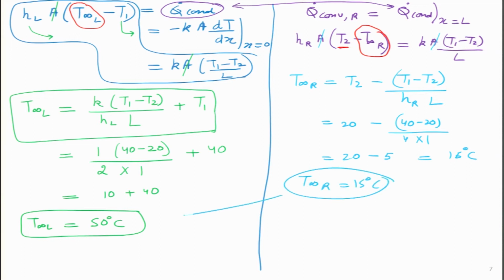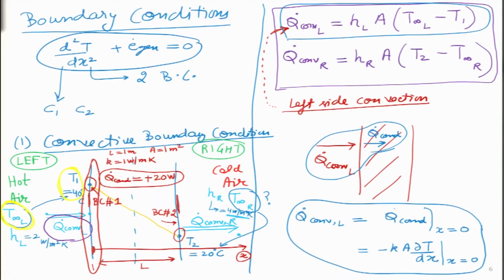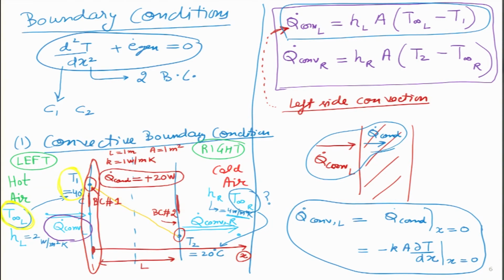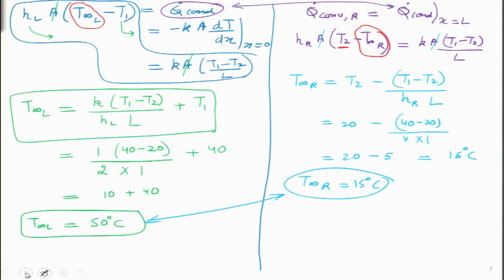These are two values which ordinarily we would have been given at the start of the problem, but we have done it in the reverse way. We have figured out that if this is the conduction taking place inside the brick wall, then what is the hot air temperature and what is the cold air temperature over there. Now, that brings me to a very interesting thing. I do not have space on this particular slide. So these two numbers, 50 degrees and 15 degrees, we will just memorize for a minute, because I want to show graphically how it will actually look.